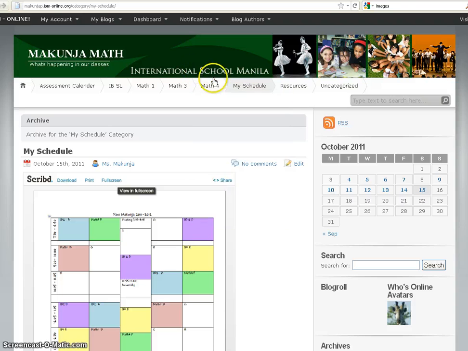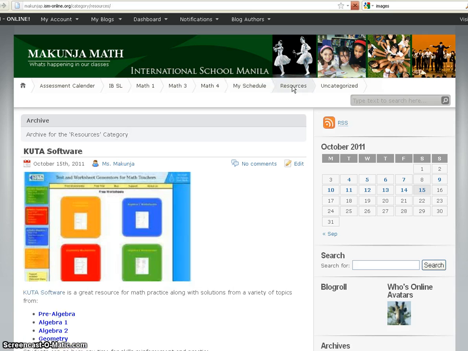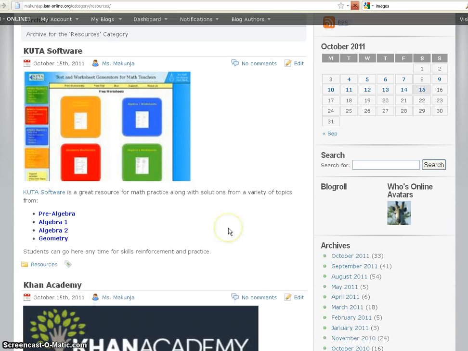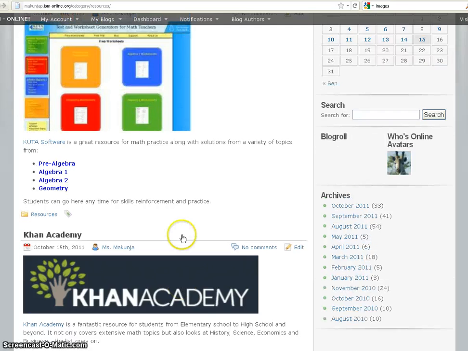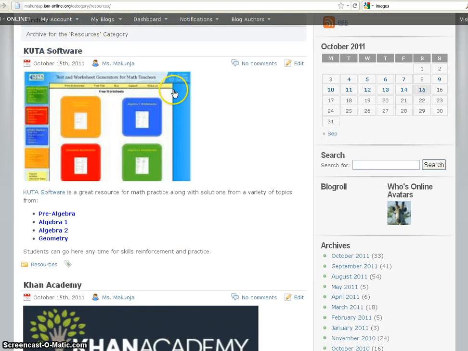Alright, I'm going to show you another area that I think is really useful and good for parents to see as well. If I go to resources, here's a couple of major resources that I use. I'll show you this first one here. Kuta Software really is a test and practice worksheet generator. It's great for pre-algebra, algebra 1, algebra 2 and geometry, and I use it really as a reinforcement for skills-based work. So if I just go and click on this link here and open in a new tab,